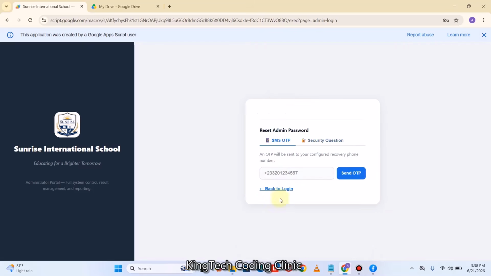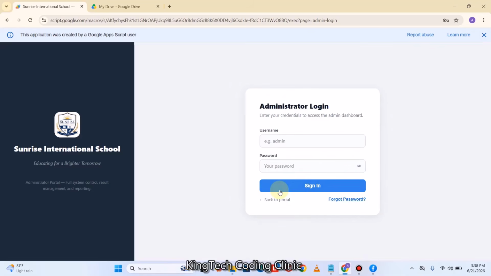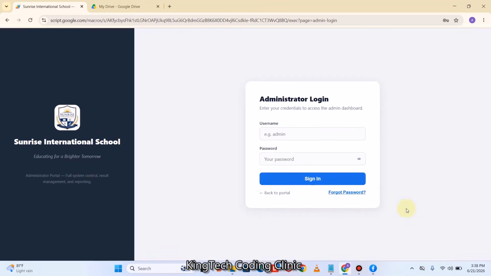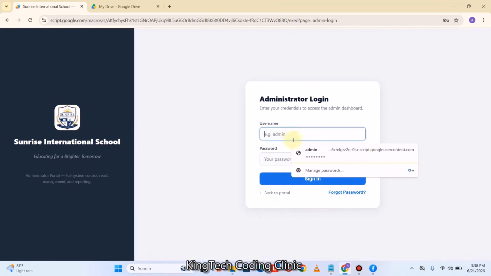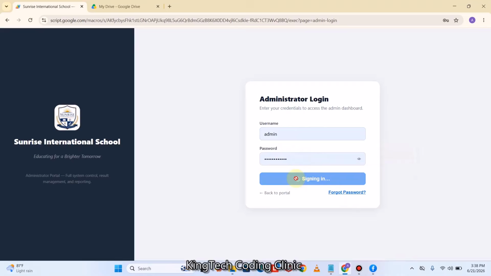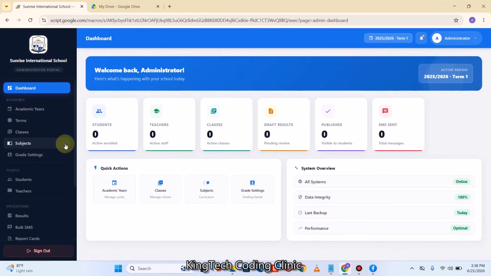Very simple and straightforward. So now that is it about the administrator resetting the password. This is very, very important. That is why I've taken the time to walk you through that as well. Now let me log back in and then we see the next line of action. All right, so now after all the settings, the next thing we need to do is to begin by checking